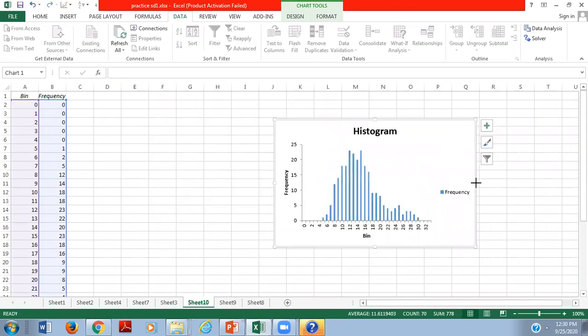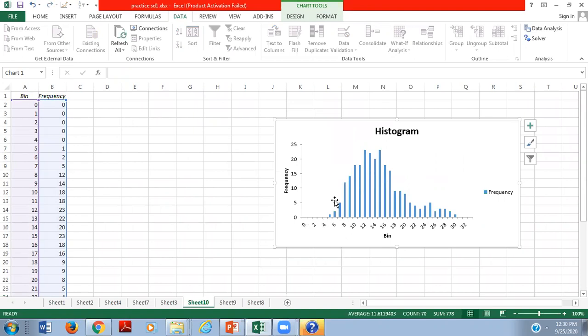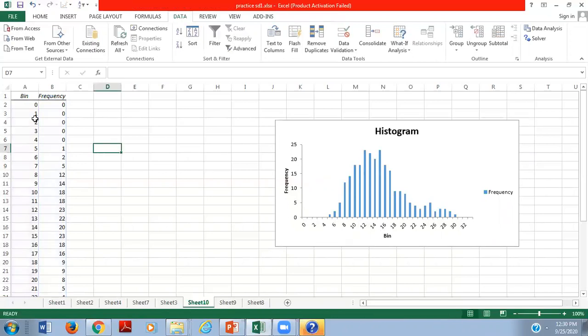It will show you the bin range, the number of days, and how many computers are repaired in a particular number of days, right? 12 computers are completed in 20 days. 14 computers. Only 5 computers were completed in 4-5 days, right? So these are the kind of data. Here it is in front of you.